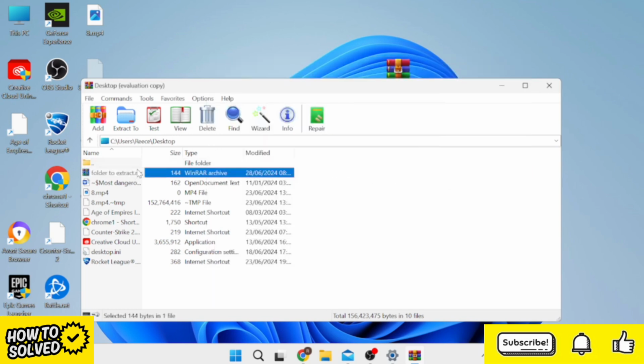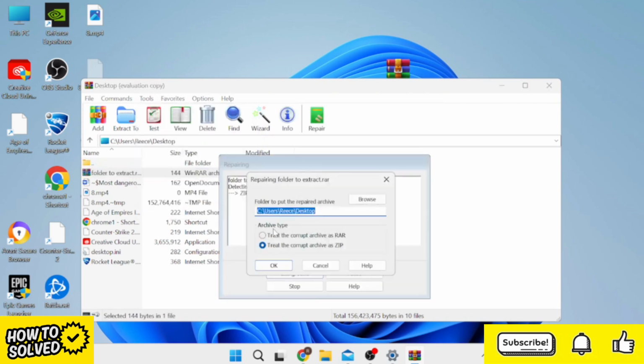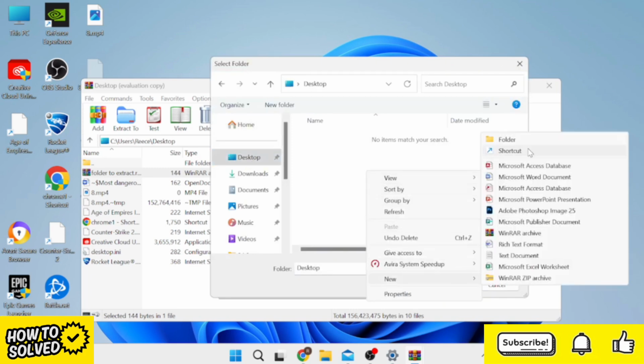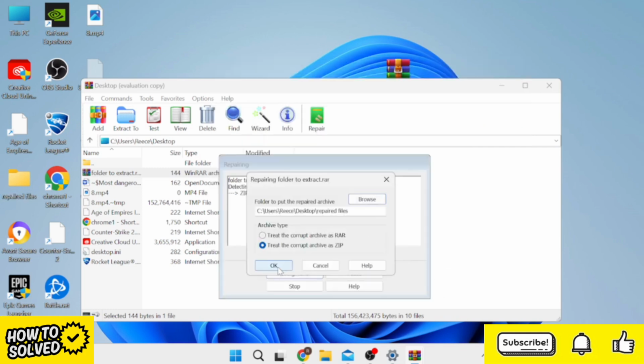And once you've got your folder inside of here, then we need to come up to tools at the top here, and we're going to select repair archive, and you need to select the archive type down here. Now for most of you it's going to be this zip one at the bottom, and then we just need to select the browse button, and this is where we're going to save the new .zip file. So I'm just going to come into my desktop and create a new folder inside of here, and we're going to call it repaired files and hit enter. And then I'm going to select this folder and click on select folder, and then we can press OK,